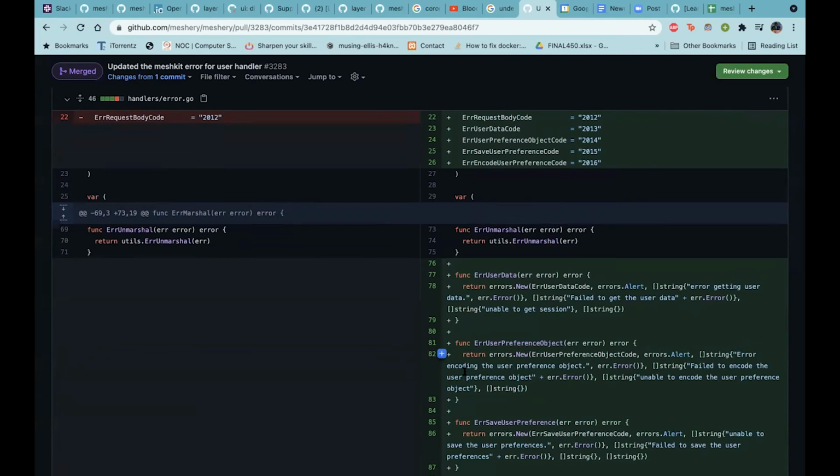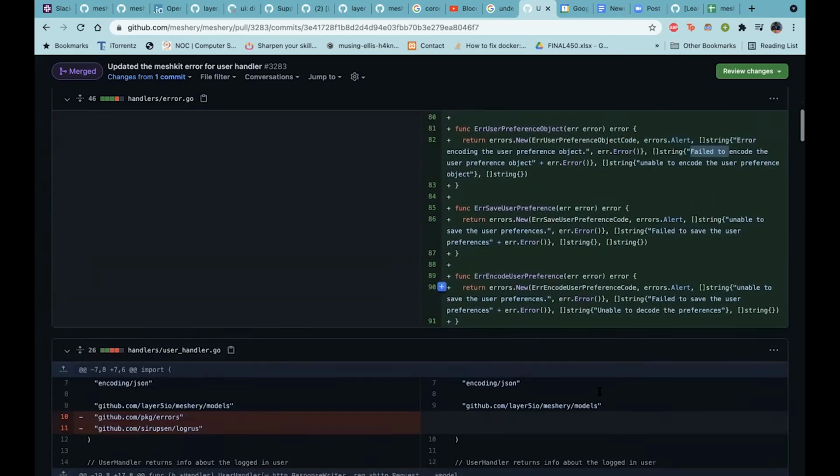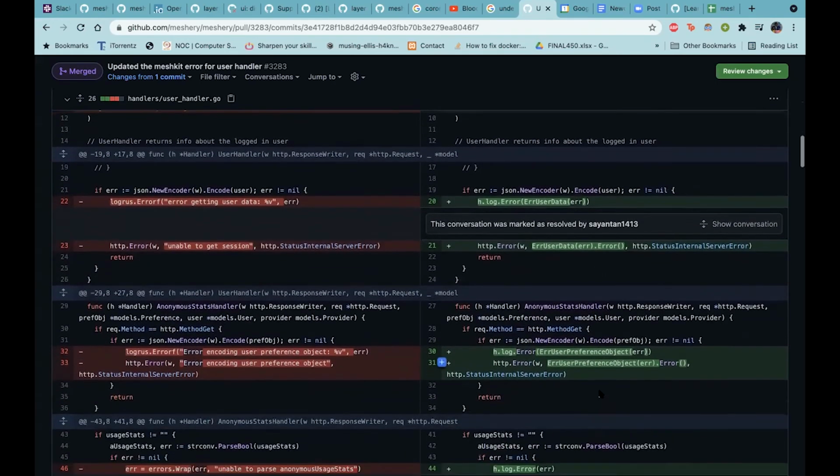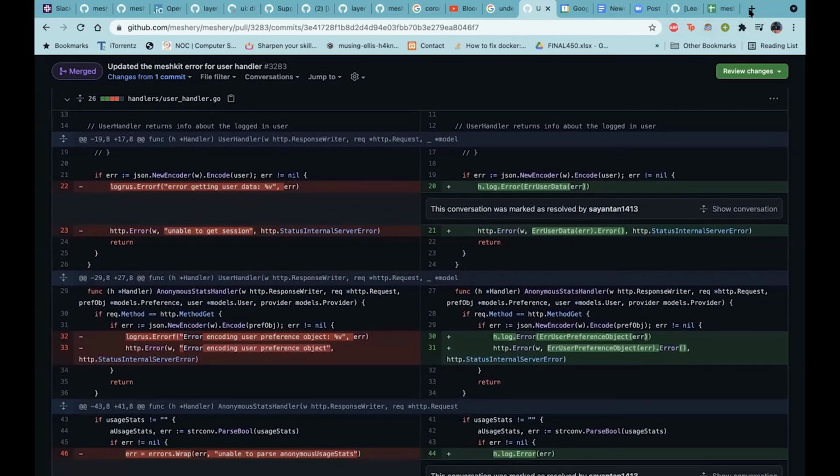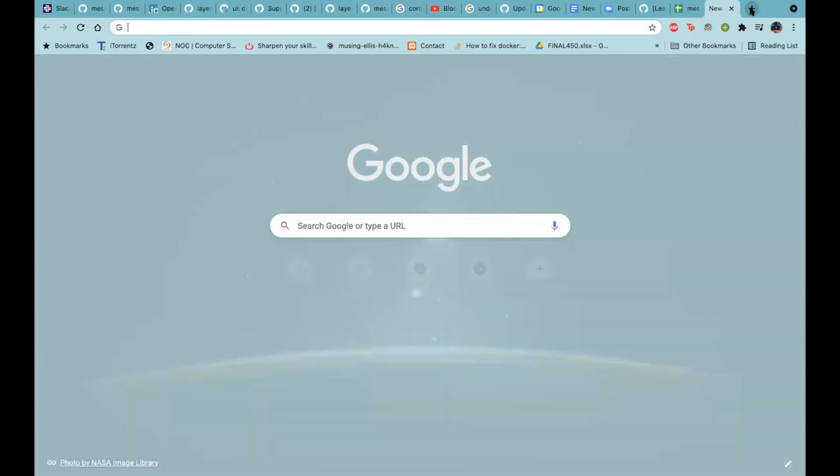The first one is the short description of that error. Then there is the long description of that error. Then there is the cause of that error, and then the ways the user can solve it. There will be four parameters, and in this way you can automatically code the error. Actually, this is occurring in this place. You can see,